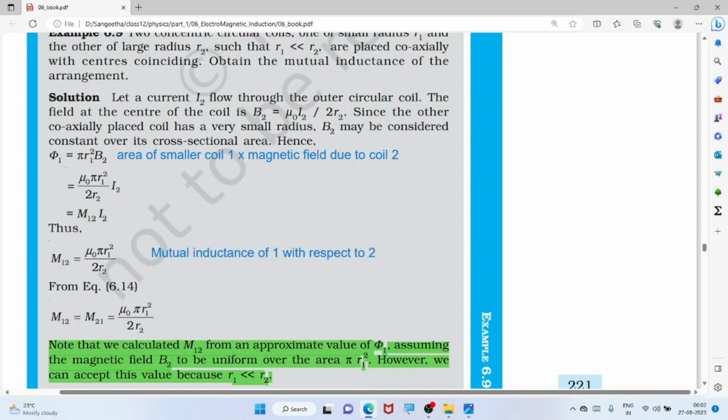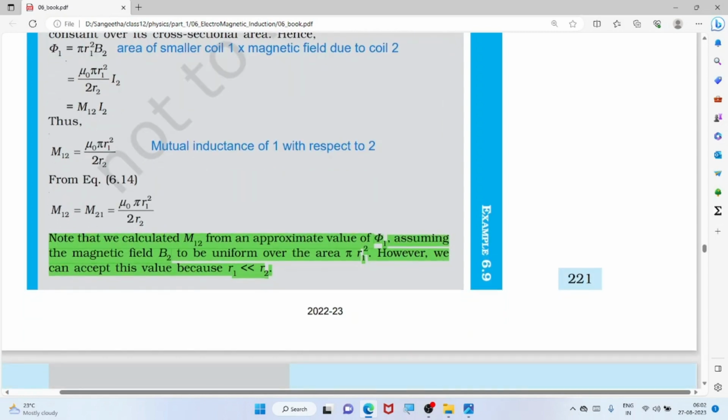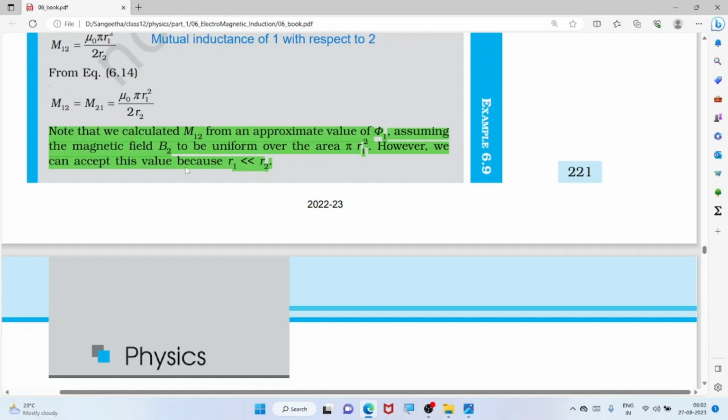So here you have to be careful when you compute the flux. When you have the mutual inductance, which coil's current and which coil's flux are we using. Note that M12 from the above is as before, assuming the magnetic field B2 is uniform over the